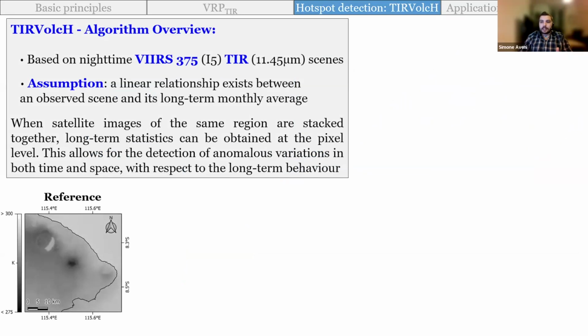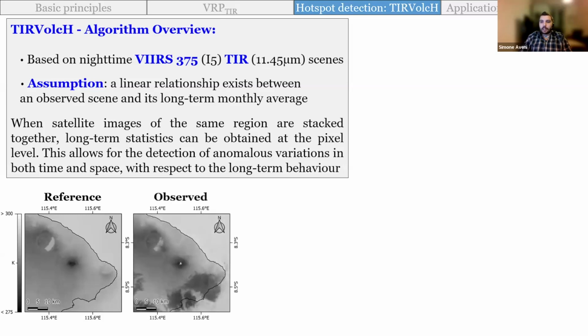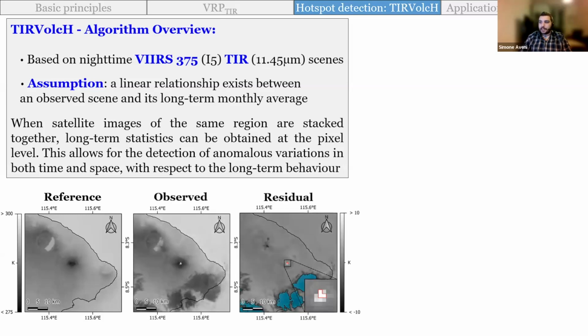So let's say this is January. If we take any observed image acquired in January and compare the two, we can quickly obtain an image of the residuals. If we apply some fixed threshold, we can detect the brightest or hottest pixels. But as you can see easily here, although we detected the 3 hottest pixels, we still have this halo around it that was not detectable with a fixed threshold without having a huge number of false alerts. But we want to know the full area, the radiative power associated with the whole